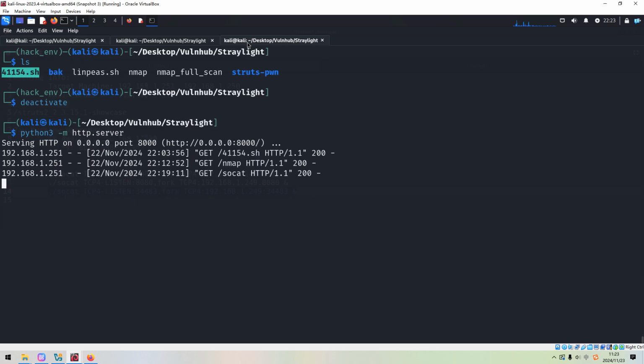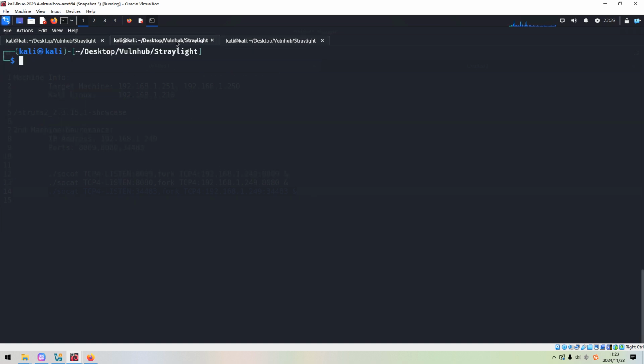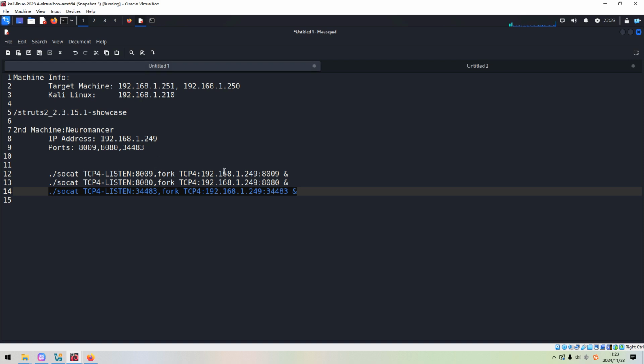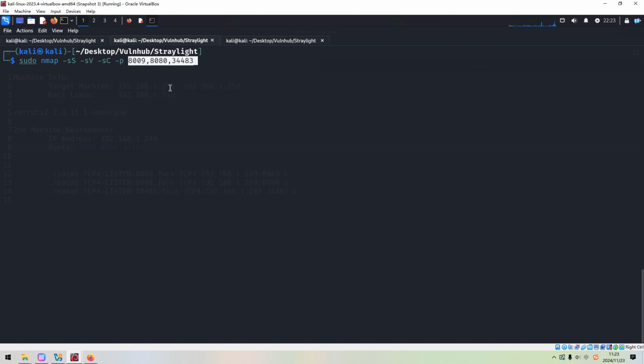We can use nmap, usually with the normal option, to do the nmap scanning. And the port numbers, because I use the same port numbers in the first machine as the second machine, we can simply copy the 3 port numbers and the IP address.